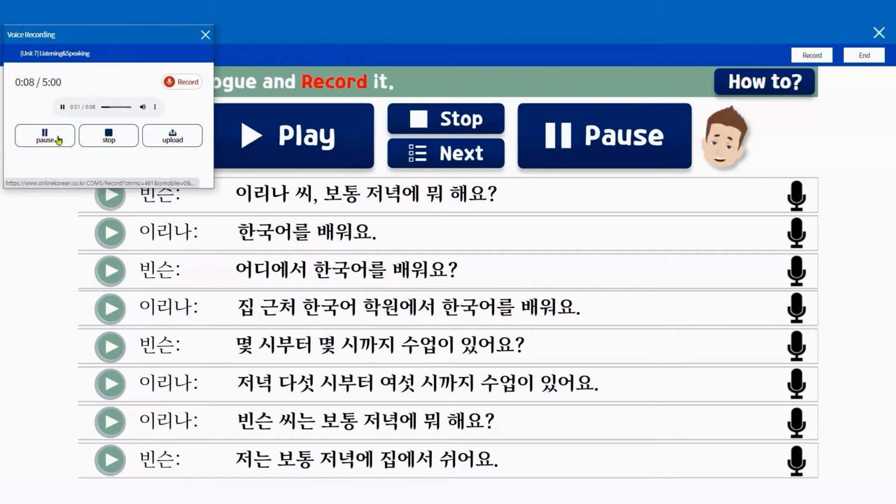Then click the green play button to the left of the sentence to listen to the